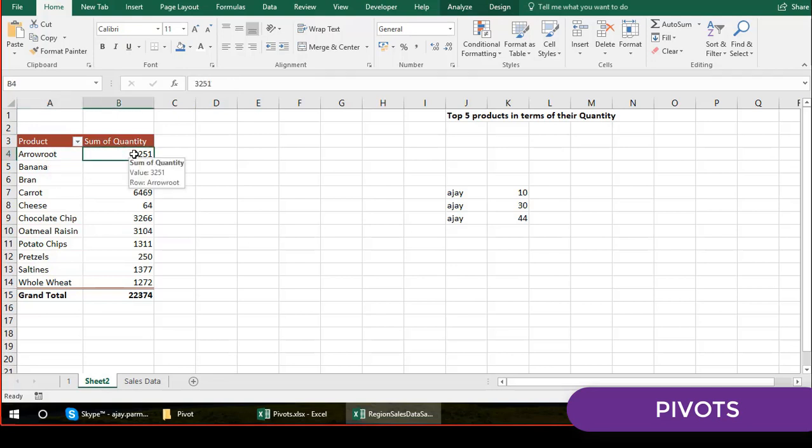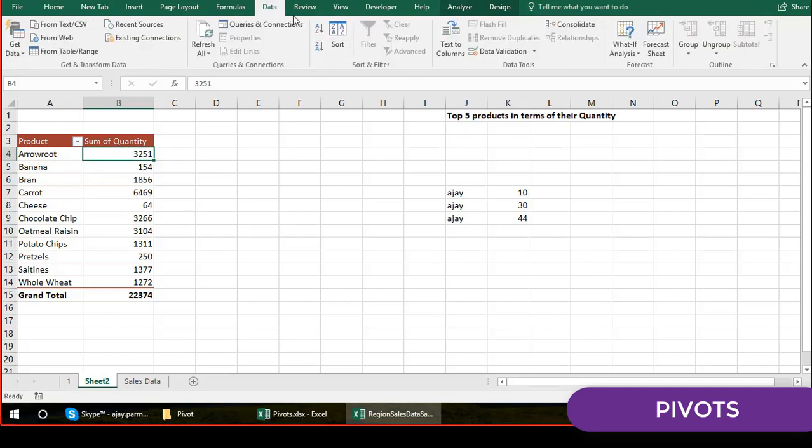So if you want the top 5 products, the first thing you have to do, because right now they are coming in a different order, neither ascending nor descending, is sort this data. You go here in the sum of quantity, maybe on the top of the cell. How do we sort the data? We go to Data and click on Sort, or there is a shortcut key as well, Alt DS, all up to you. You click on the sort.